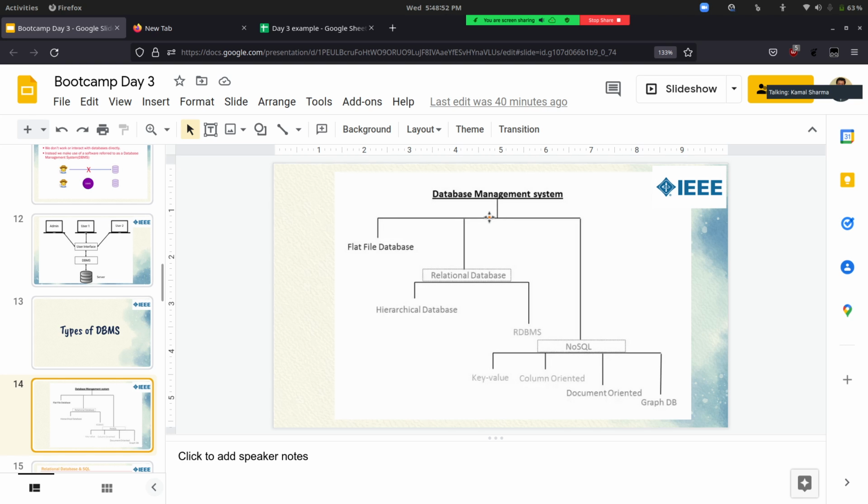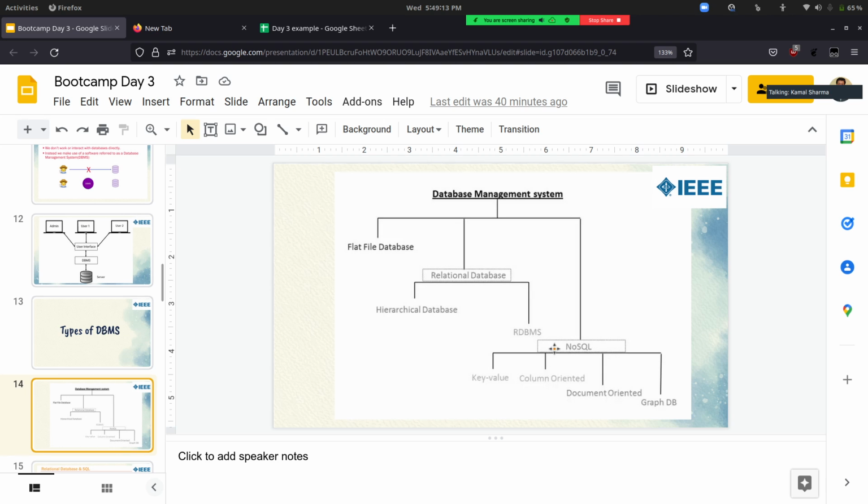Whenever you mention relational database, we are always referring to a table. In an RDBMS, relational database management system, data will be stored in multiple tables, and each table will have its own value or importance.